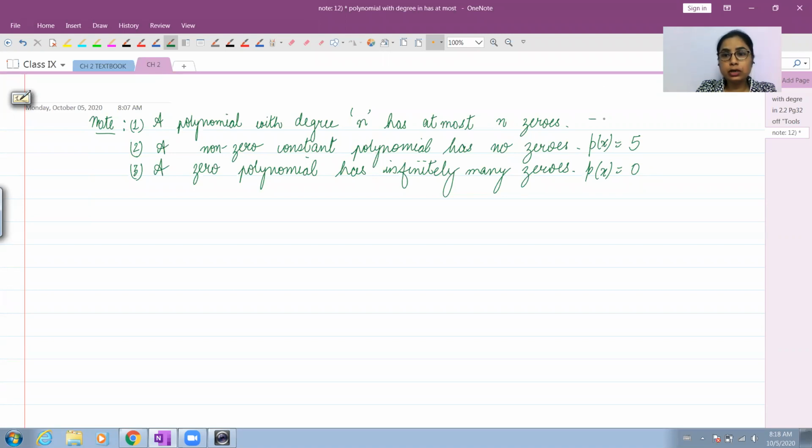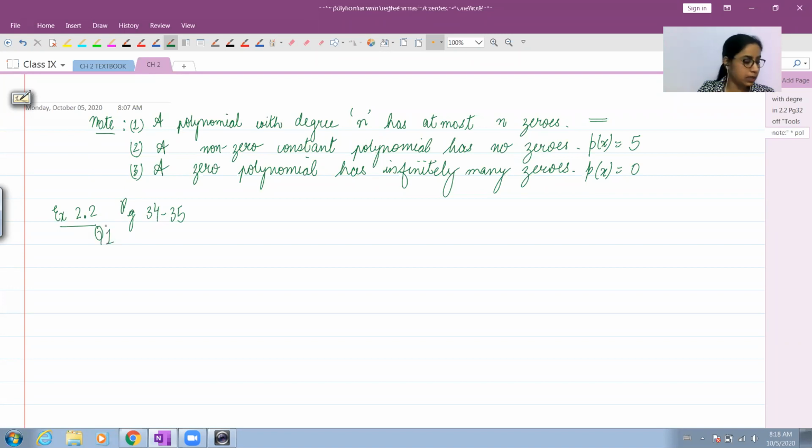The first point you will learn when you learn how to calculate the zeros. So I will bring this up again later when we learn how to find the zeros of a given polynomial. Your book only contains calculation of zeros of a linear polynomial. I will be giving additional questions so that you can learn how to find the zeros. So right now I'm just starting with exercise 2.2. It's on page number 34, 35 in your textbooks.